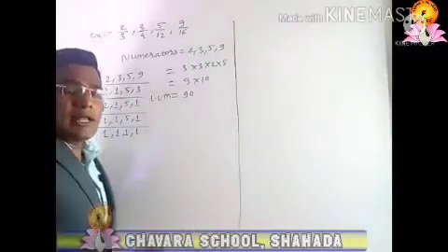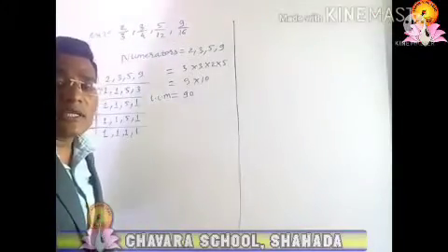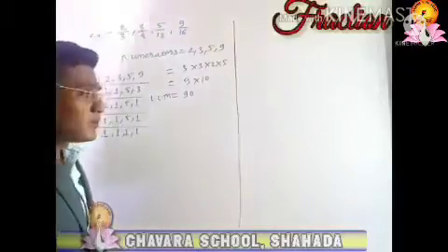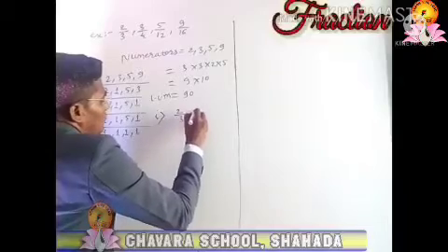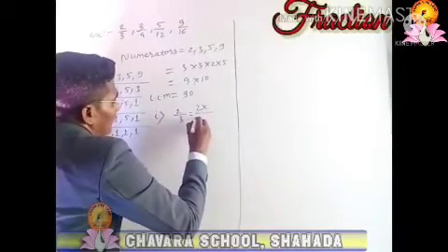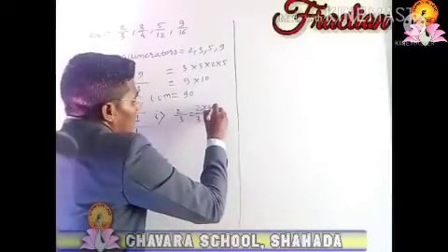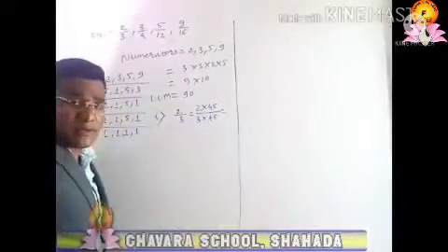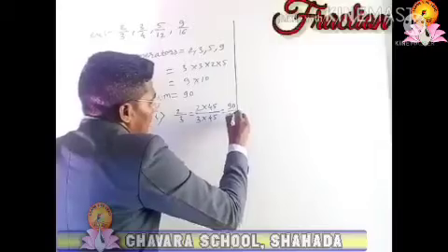As we got the LCM of the numerators, we convert all the unlike fractions into like fractions whose numerators are equal. The first fraction is 2 by 3. So 2 multiplied by which number gives 90 as the numerator? 45 multiplied by 2 is 90, and by that same number we multiply the denominator. So 90 by 135.